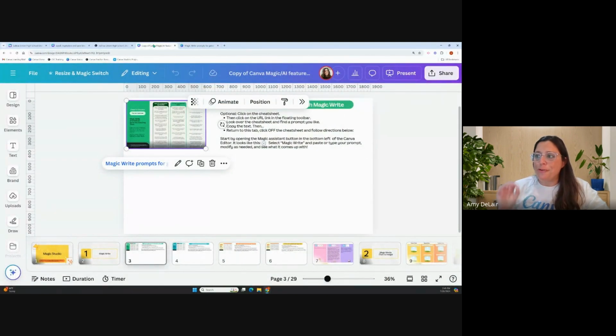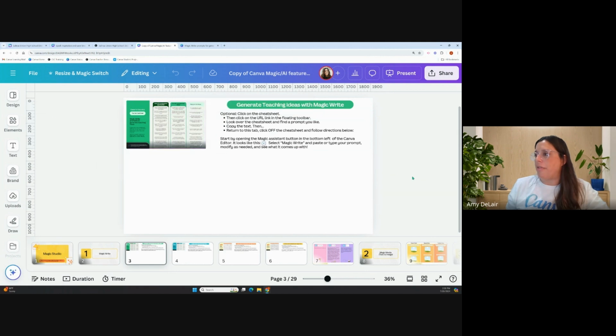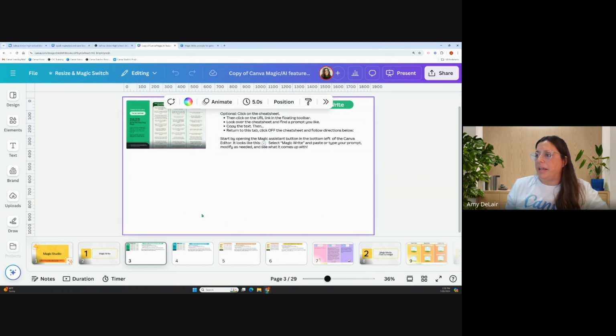And this is the crucial part here, okay? It's in caps here, but you have to click off the cheat sheet. The reason is because if I went down to my Canva teaching assistant right now, it's going to think, because I have the cheat sheet highlighted, that's what I want help editing, and that's not the case. Okay, so click anywhere. You can even click off the slide. You could click a blank place on the slide. It really doesn't matter, but as long as you click off the cheat sheet and any other text box,